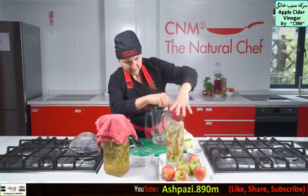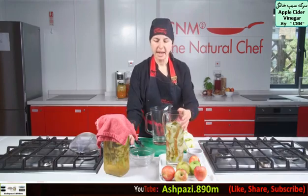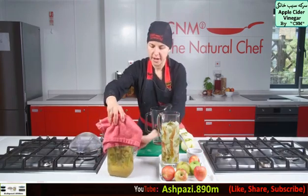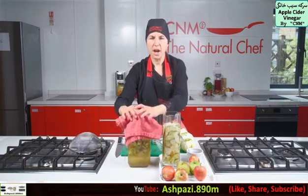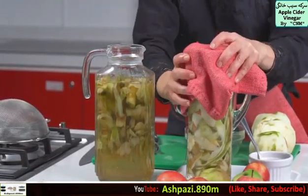So I'm just giving that a nice mix. Now, the next step for this is to leave it at room temperature, covered, as I've done with this one here. You can see there's a color change here as well. So I just cover it with a cloth, so we'll just swap that cloth over, leave it covered with a cloth